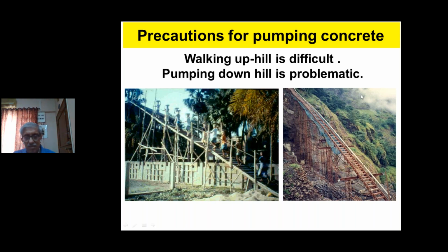Now what happens when you are pumping down the slope and you are putting the initial mortar for buttering the pipeline is that the buttering only takes place in the bottom half. So the problem is the top half of the pipe does not get buttered, and that eats away the mortar of the subsequent concrete and chokes the pump. So if you have a sudden drop in the pipeline when you are concreting a raft, when there is a drop of about 2 or 3 or 4 meters, it is better